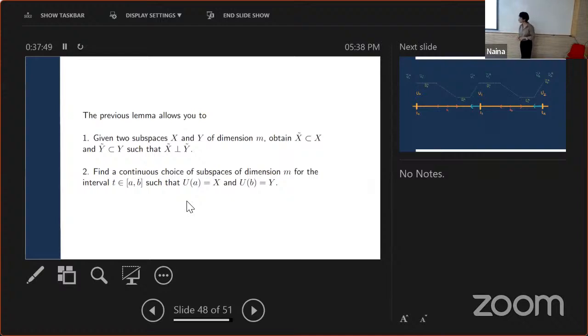And the second thing that it allows us to do is that we can now apply the quadratic convex combination and there's no reduction in dimensionality. If I had m spaces, then I can just apply the quadratic convex combination to these X tilde and Y tilde, and I still have the same dimension. So I don't lose out on dimension. This is what that small lemma allows us to do.